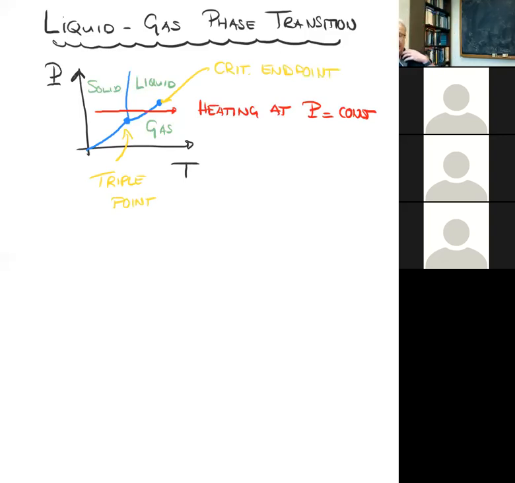So what happens near the critical endpoint? If you boil the liquid, again, you see bubbles, and the density inside the bubble is much lower than the density outside the bubble. What happens if you increase the pressure is that that density difference becomes smaller and smaller. Eventually you have boiling where the density inside the bubble is essentially the same as the density outside the bubble. And eventually you get to the point where that density difference disappears completely. And now you can no longer distinguish between the liquid and the gas. So there's no more discontinuous phase transition. You just continuously change the density of the system.